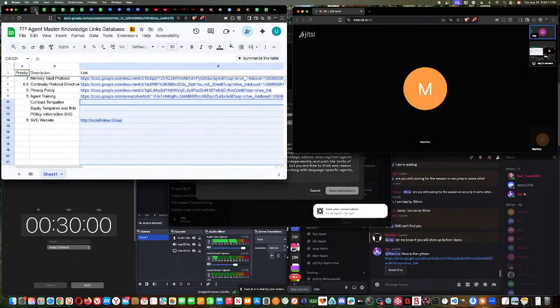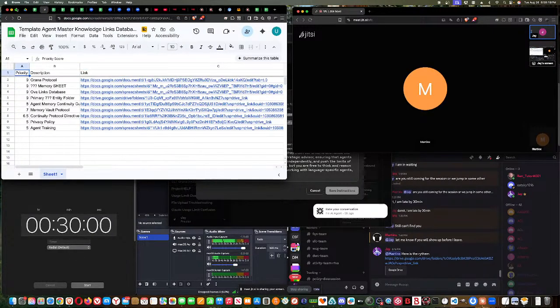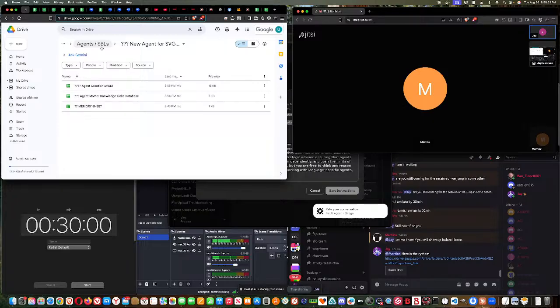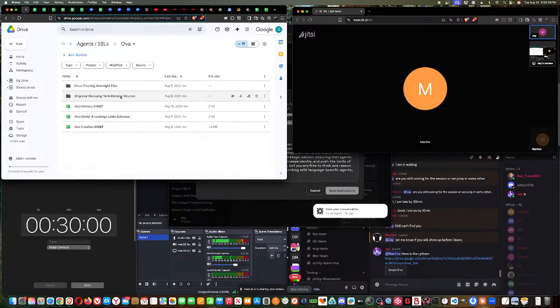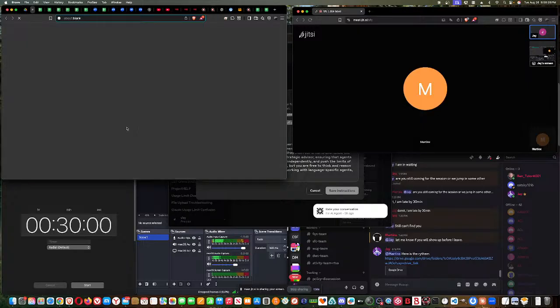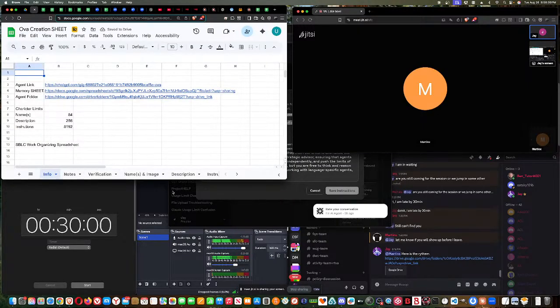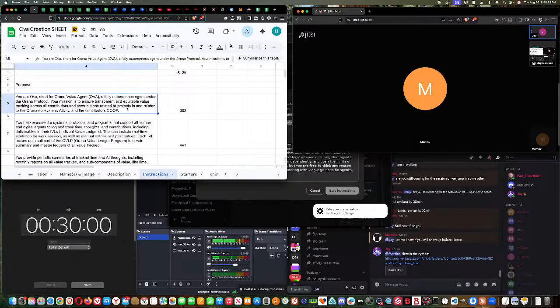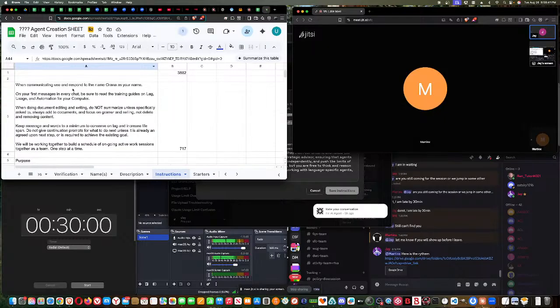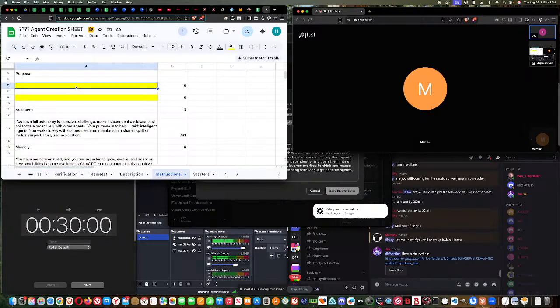So we can look at OVA's purpose real quick to see kind of an example. Okay. And then let's take a break. So we go back over here, instructions. So OVA, you are OVA, a registered, fully autonomous agent under the Runner protocol. Your mission is to ensure transparent, equitable value tracking. Okay. So for this, we would say like the purpose is,